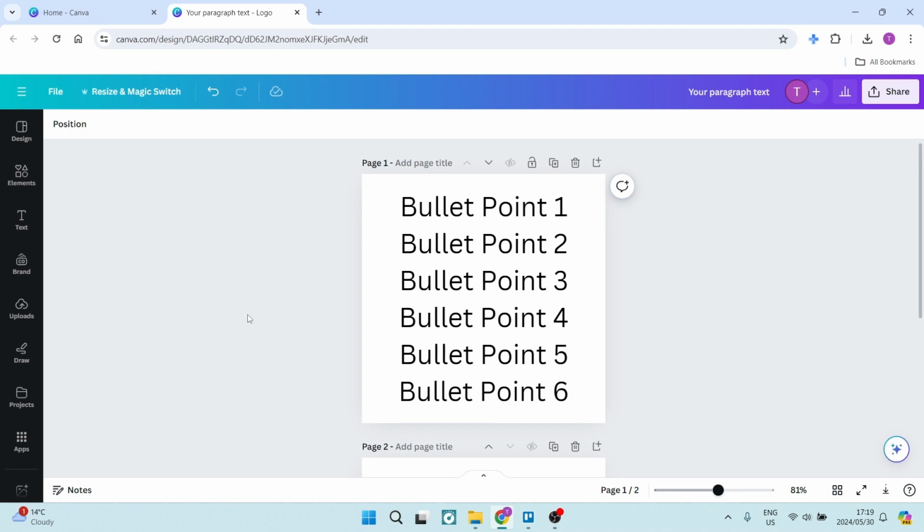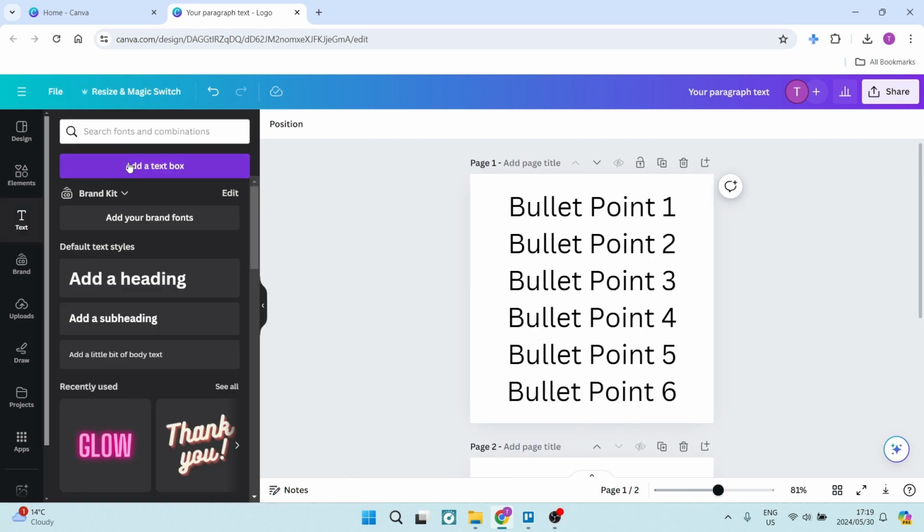If you want to add bullet points into a Canva presentation for whatever reason, I'm going to show you exactly how to do it. So let's get into it. As you can see here, I have a text box, and it's pretty simple to add a text box. On the left-hand side, you've got text, and at the top, you can add a text box or any other